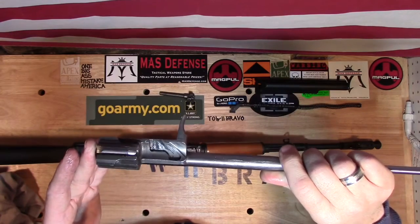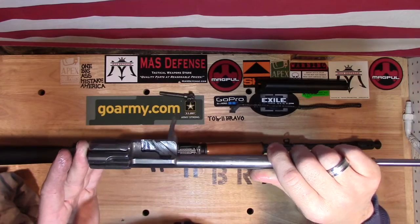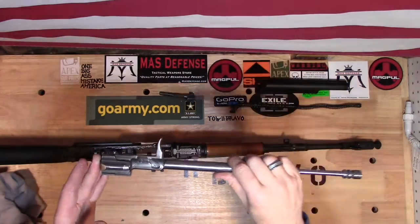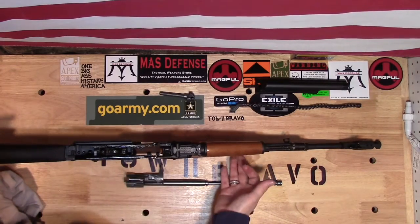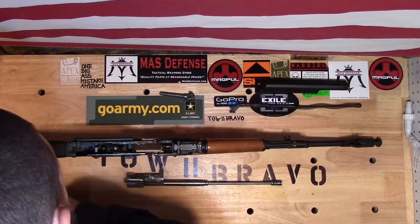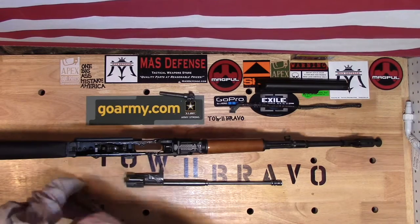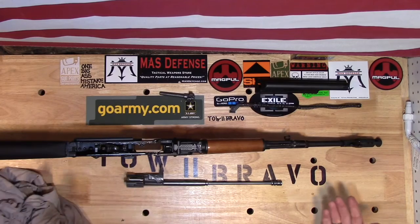I don't know if mine was just a complete Thursday build leading up to a three-day weekend, or if this is the type of product they're turning out at this point. Inside the rifle, everything looks fine. Nothing jumps out at me as anything that I should be concerned about. I have it all greased up, ready to go to the range, so that's why it's looking the way it does. So, my repair from Century,